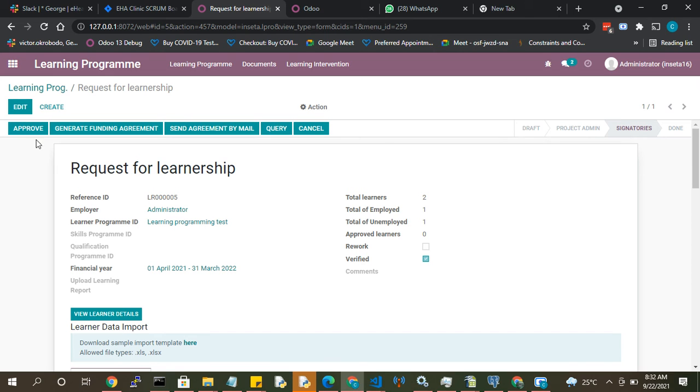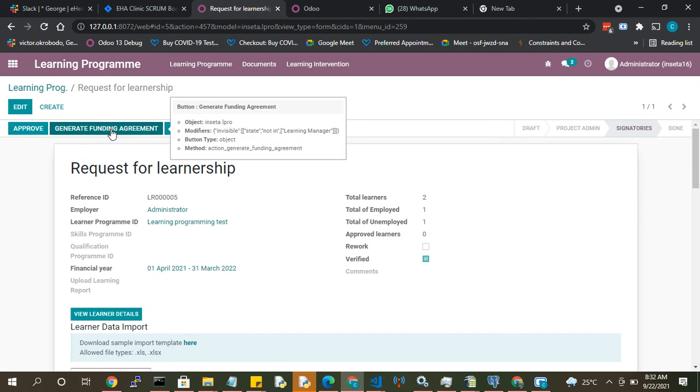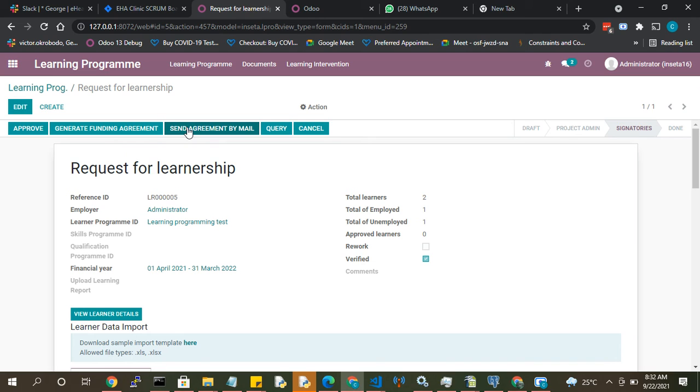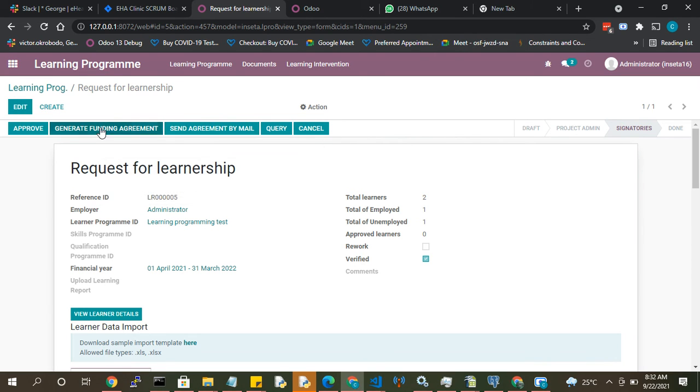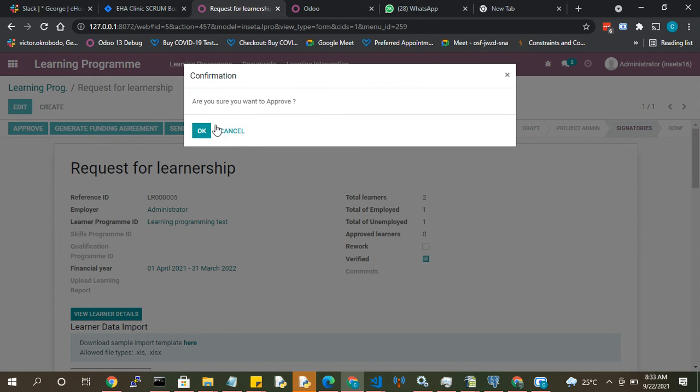So the learning manager can decide to generate this funding agreement and or send this funding agreement by email. So when this is generated and the approve button is clicked, the notification will come to the employer to sign and upload this verification. These are funding agreements. So you can click on this. So for now, we don't have the template for this. So this is still vacant. So if I approve this template,